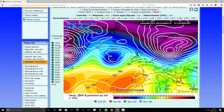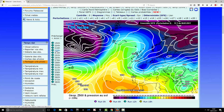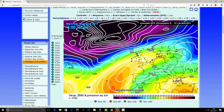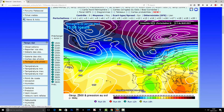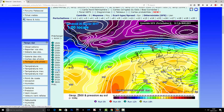Ensemble member number 3 starts off on the 14th in a little bit of a colder air mass, but as an area of low pressure pushes in and then dives southwards, it turns the winds into the east-northeast. That brings much colder air in from the east, which could bring snow showers across England and Wales. Then the high pressure topples over the country, producing a spell of frost and fog before it eventually gives way and more low pressure starts to come in,